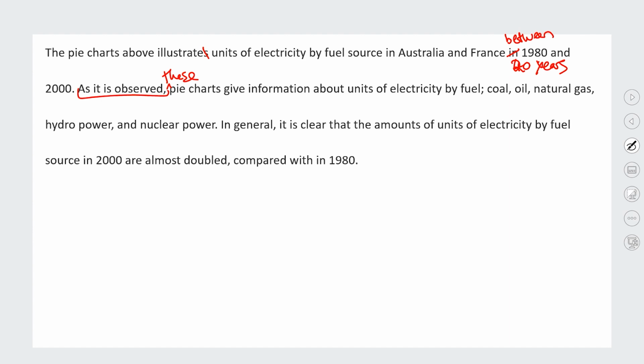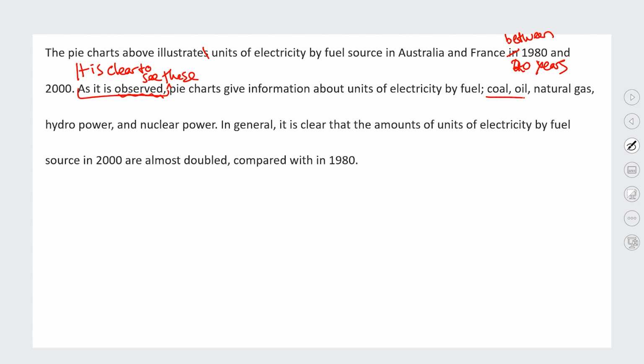You can observe, for example, pandas, you can observe behavior, you can observe children, but here, with the pie charts, we're just looking at the pie charts and understanding the information. So you want to instead put something like "it is clear to see," or "the pie charts show," or something like that. "Observed" here is not really the right phrase to use, because we're just looking at the information and understanding the information. So it's clear to see these pie charts give information about units of electricity by fuel,